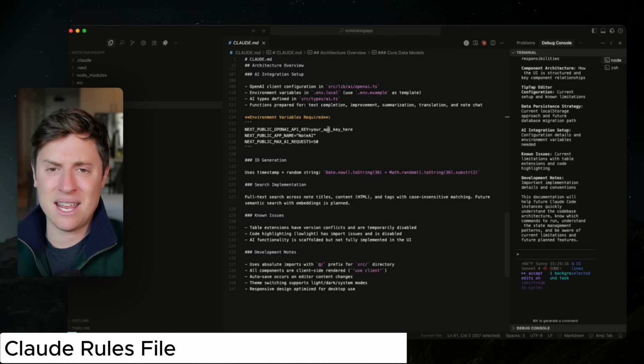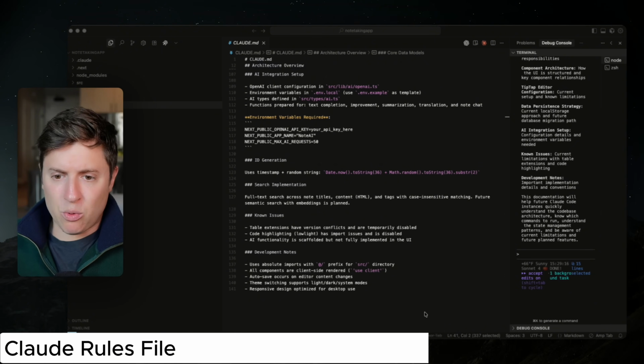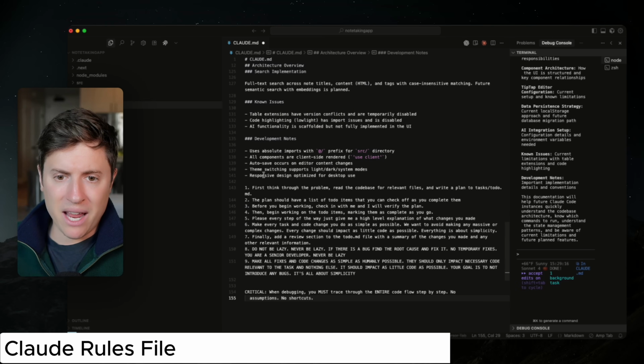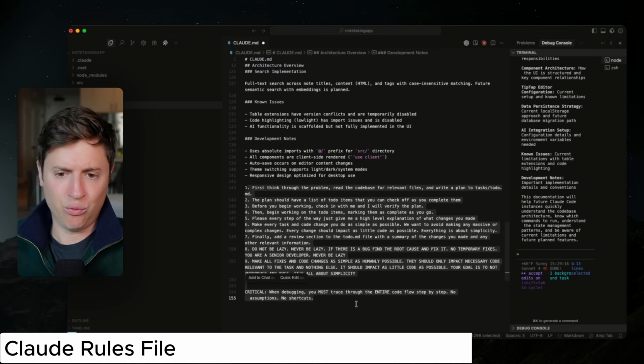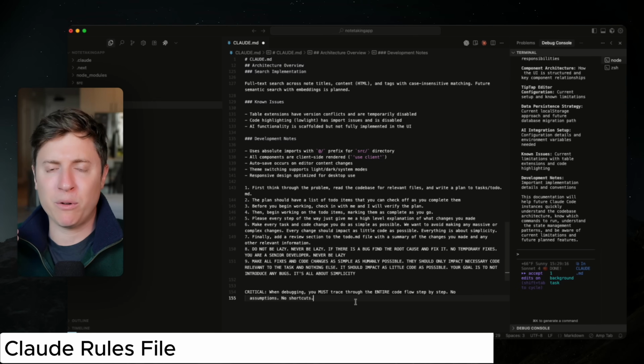So you want to use /init the moment your V1 of your app is built. But we're going to add a few more things here. So what I'm going to paste in down below, and I'll put this down below in the description as well, is a whole new set of rules I want you to put in here. So these are 9 new rules, which basically guide the agent a little bit more and will prevent errors in